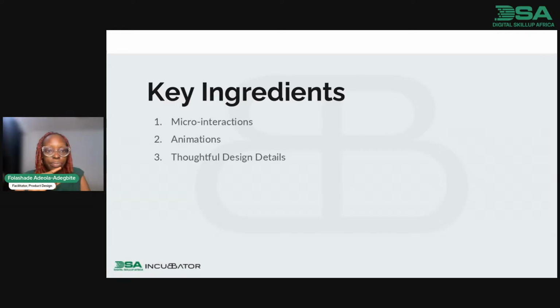3 key ingredients. Number 1, micro interactions. Number 2,